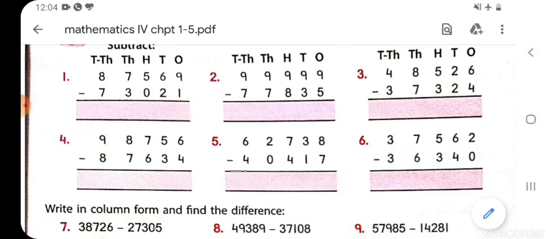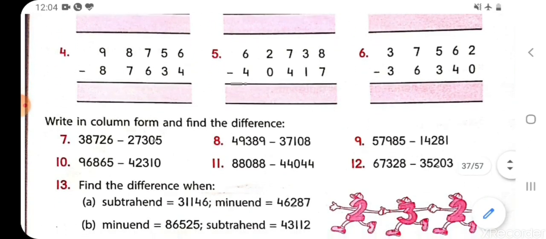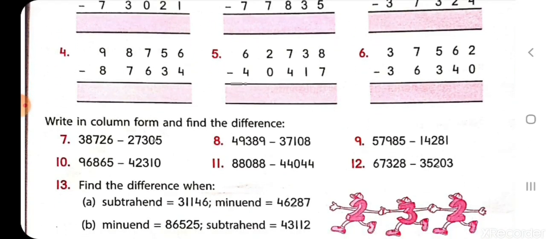Question numbers 7 to 12 are also simple subtraction. From question 7 to 12, you can do any 3 sums for practice, as you already know how to do subtraction. Those who have any doubts in subtraction must do all the sums. Those who are clear with the concept of subtraction can do any 3 sums from question 7 to 12 in your notebooks.